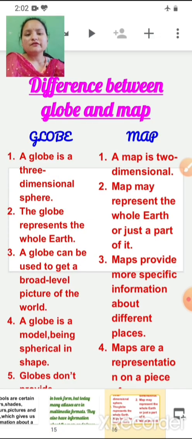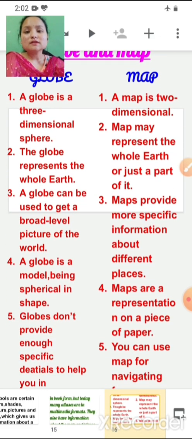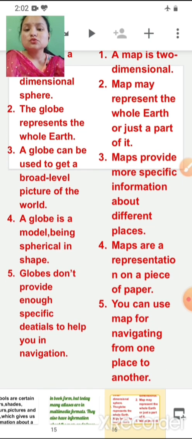Right? Then the difference between a globe and a map. A globe is a 3-dimensional sphere, whereas a map is 2-dimensional. The globe represents the whole earth, whereas a map may represent the whole earth or just a part of it. A globe can be used to get a broad level picture of the world, whereas maps provide more specific information about different places.